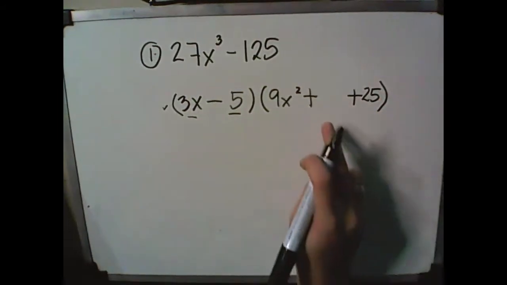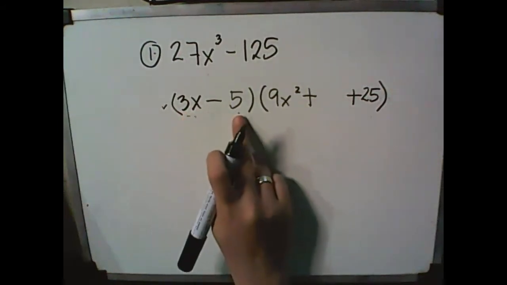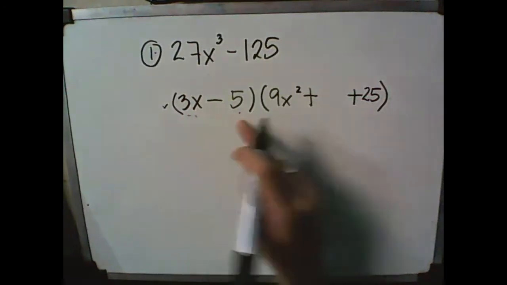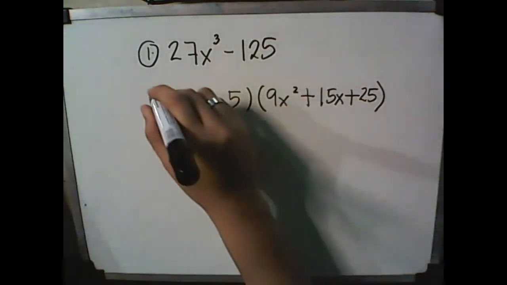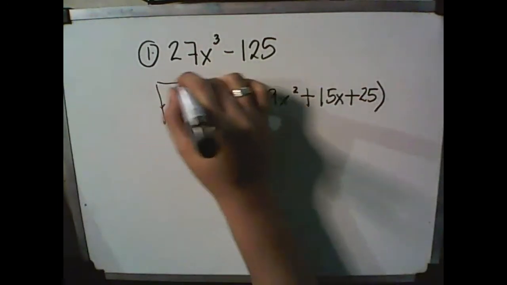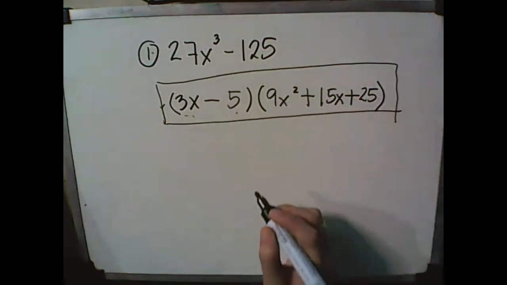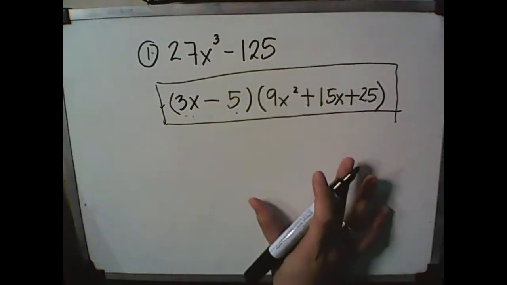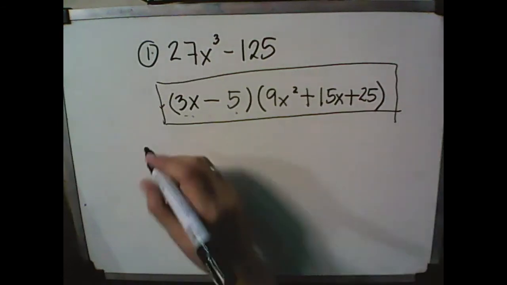Okay, when it comes to middle term, you just multiply the first and the last term dito sa ating binomial natin. 3x times 5, that is 15x. So, the factor of 27x cubed minus 125 is the quantity of 3x minus 5 times the quantity of 9x squared plus 15x plus 25. Another example,